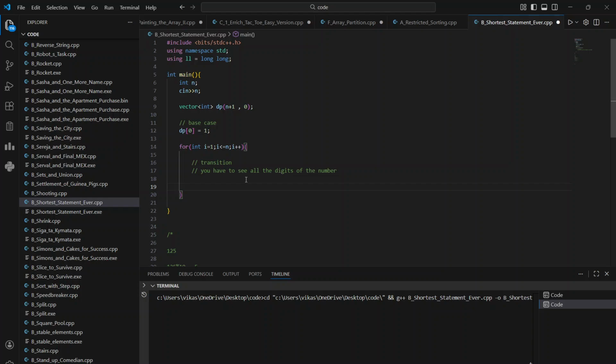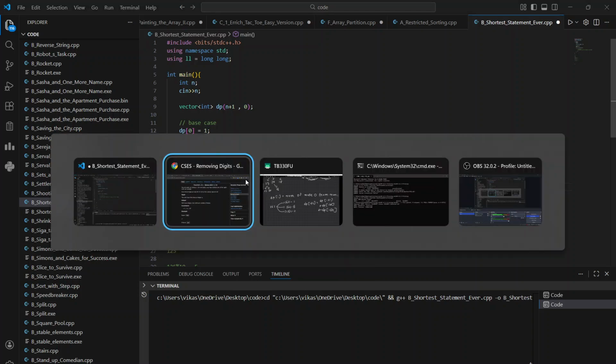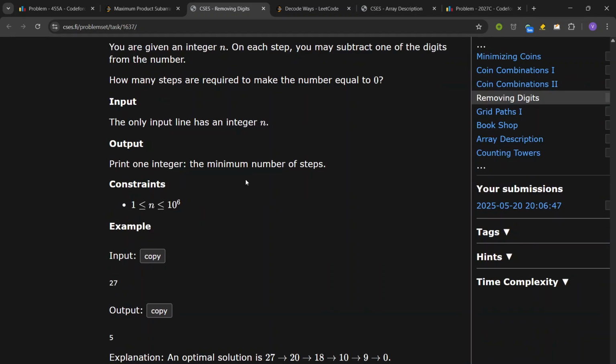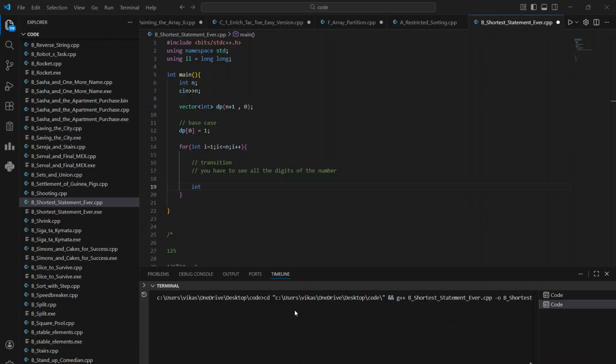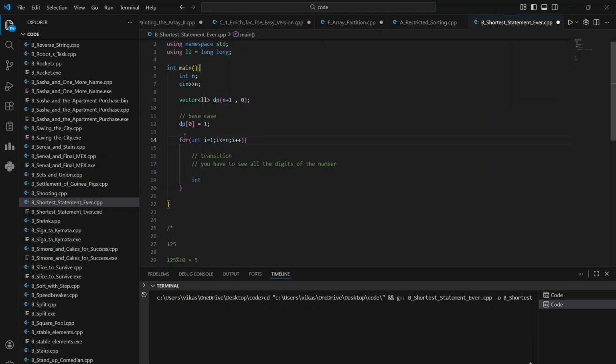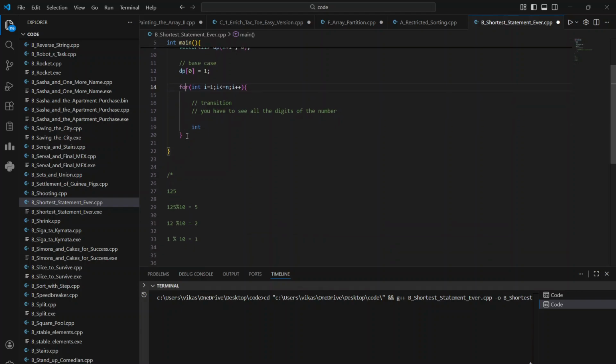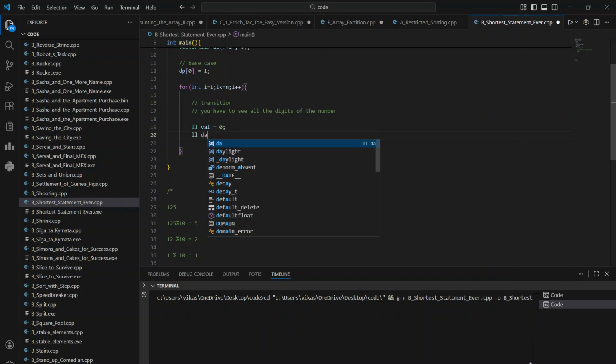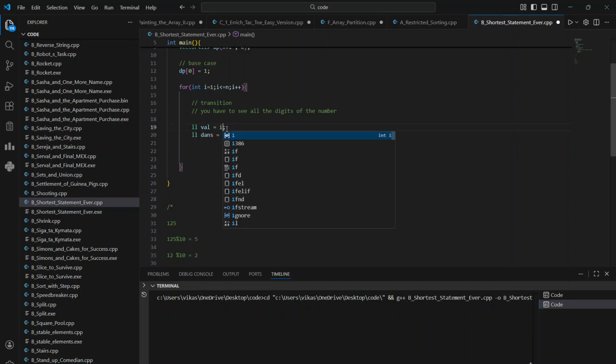So I will do it. Let's say the number. I think I should use long long everywhere, because the number of ways can be greater than 1e9. That is a possible case. So let's have val equal to, let's say, 0, and dAnswer equal to 0. Sorry, the val is i. Now while val is not equal to 0,